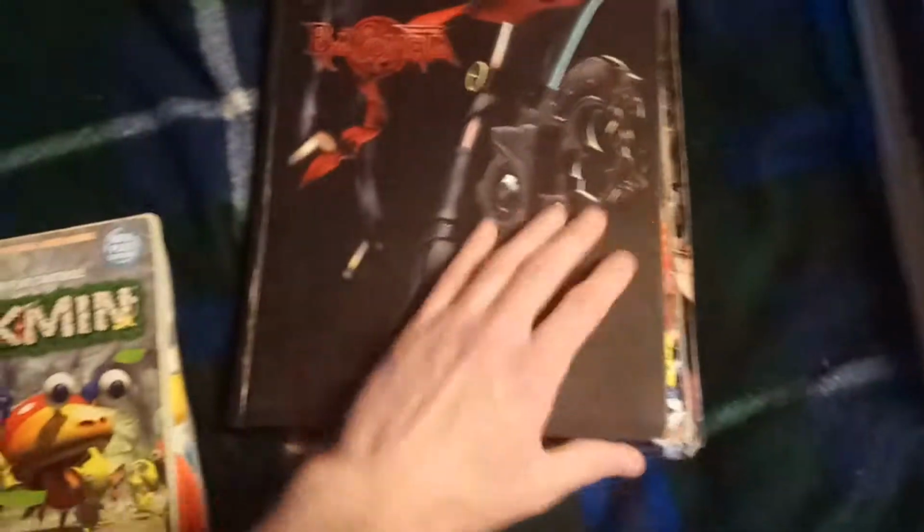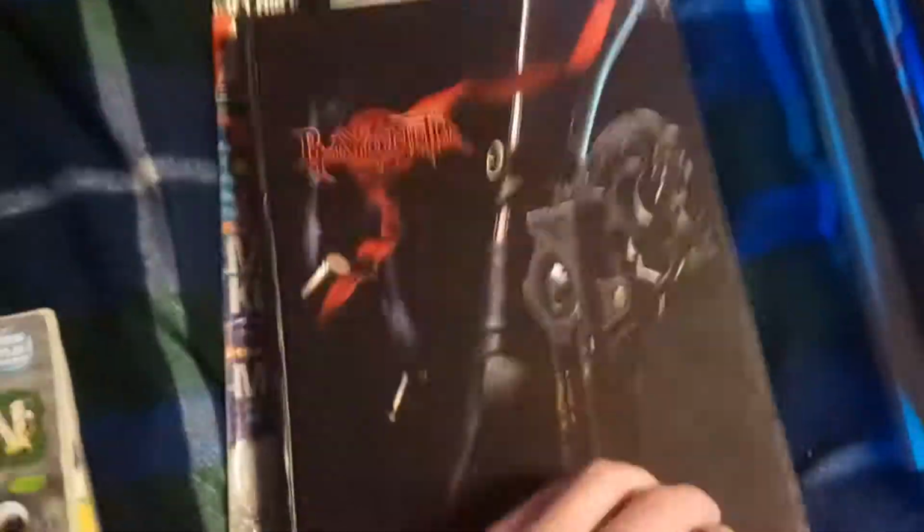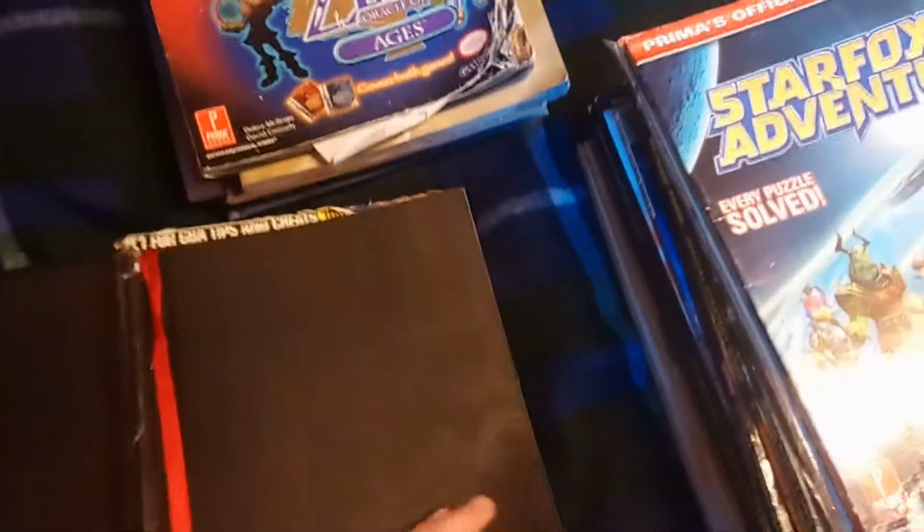Ooh, here's kind of a naughty one. This is Bayonetta. It's a hardback special edition strategy guide. When I actually got this, it was in better condition, but it sort of fell apart, so I had to repair it with sellotape. But what I do like, it has this little bookmark ribbon sort of thing that looks like Bayonetta's hair,